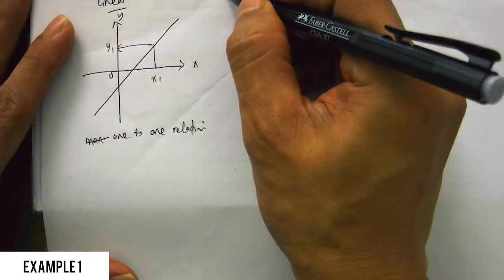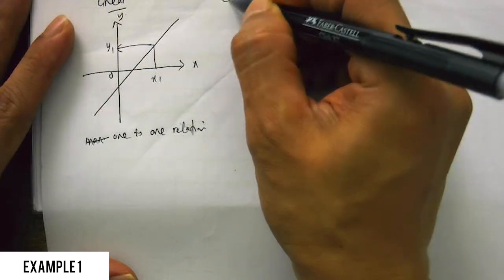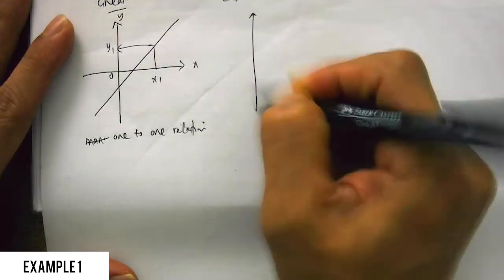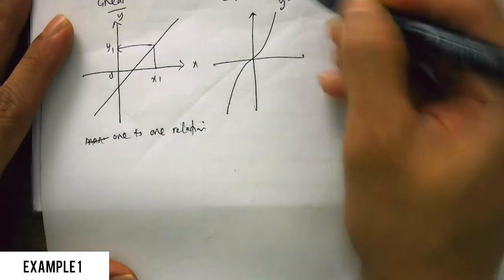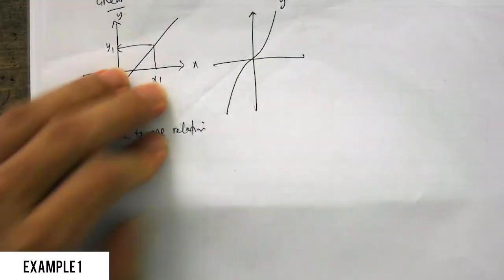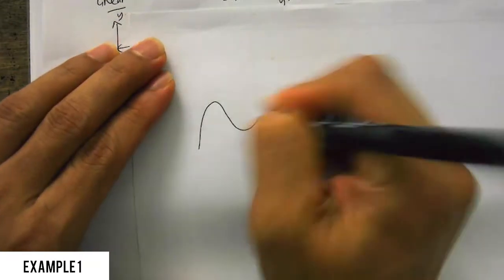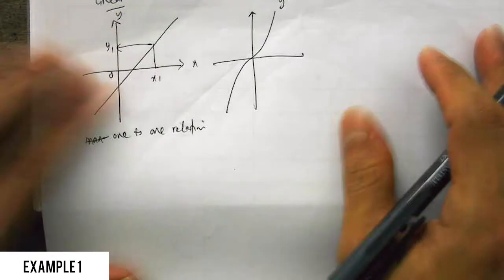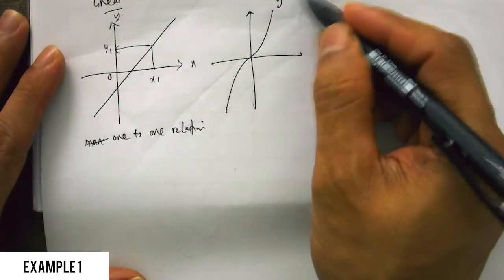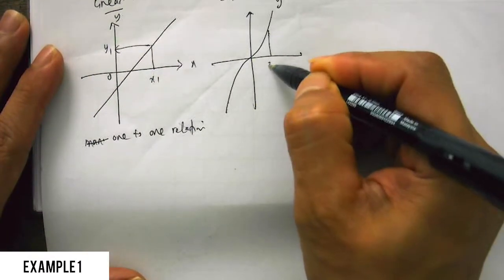Another example of a one-to-one relation is a cubic function. I'm sure you've seen this before, right? This is a simple cubic, y equals x power 3. Now for cubic, we have different types. You can also have a graph like this, which you're going to learn later. This is not one-to-one. This is another type, many-to-one. But for x cubed, this is one-to-one because one x value is mapped